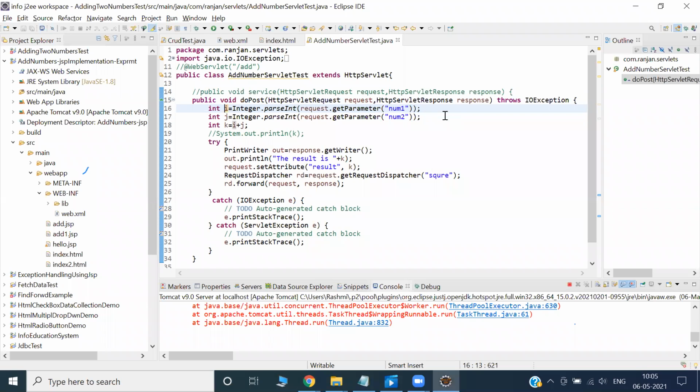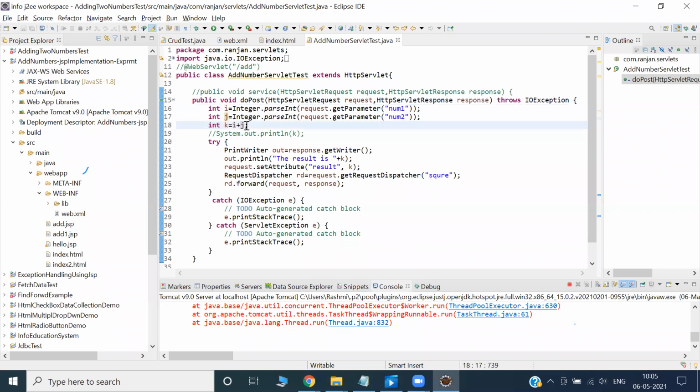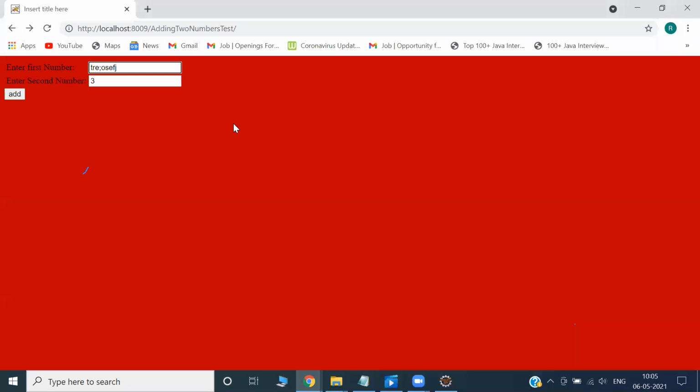Understand this. In future, if you develop any code or application, suppose that in place of the first number and second number, I tell you one requirement: just enter your salary. I will design a page that says, please enter your salary. Let's say Ajay registered, and Ajay is getting a 60,000 salary.